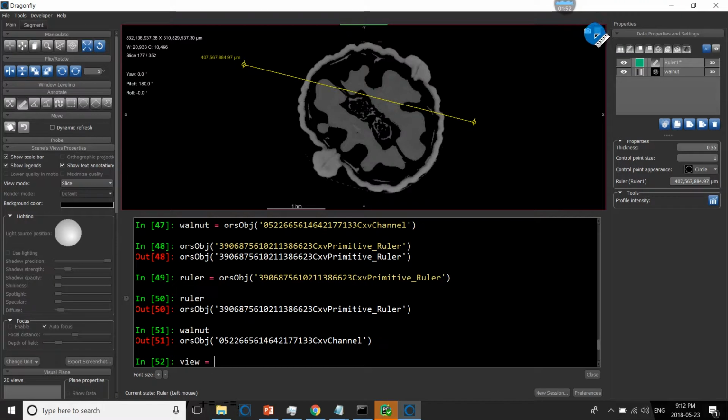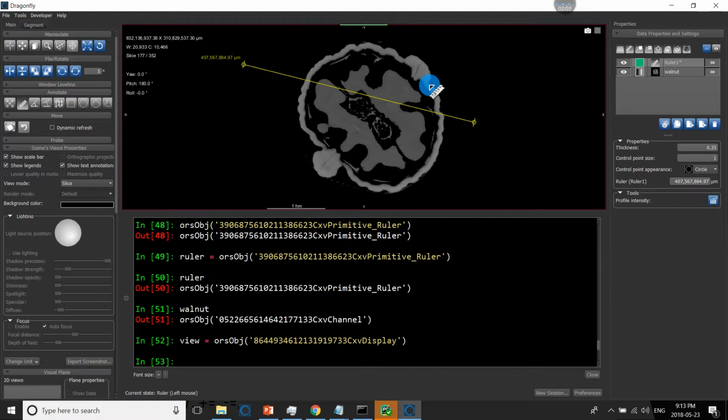Okay, the last one that you can drag and drop is this special icon here, this gray box next to the camera. So if I click it and drag and drop, I can get access to this display. Okay. So for example, for the walnut,